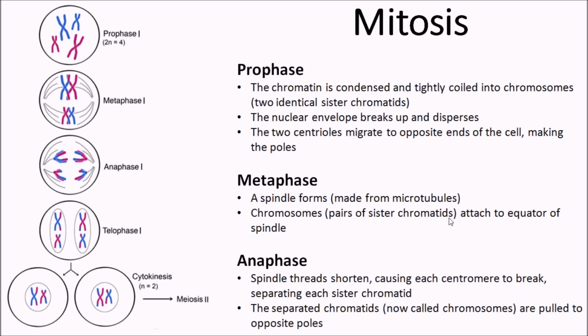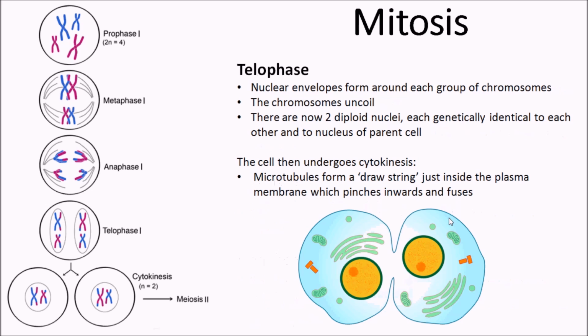And the separated chromatids, which are now called chromosomes because they're separate and individual, are pulled to opposite poles. So this then moves into telophase. A nuclear envelope forms around each group, known as a double set, of chromosomes at either end of the cell. The chromosomes uncoil, and there are now 2 diploid nuclei, each genetically identical to each other, and the nucleus of